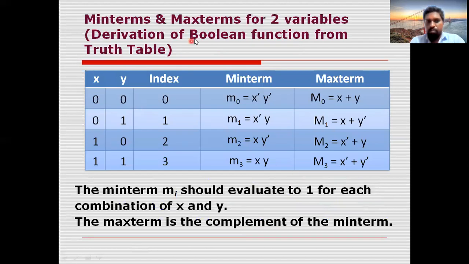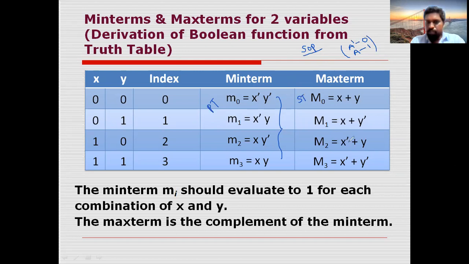What are the assumptions you need to make when you are dealing with SOP? The assumptions are made as: any literal in complemented form is taken as 0, and any literal in normal form is taken as 1. By using these assumptions, we can fill these columns. Why? Because these are your product terms. SOP always consists of product terms, and POS always consists of sum terms. Like that, we can write these values.